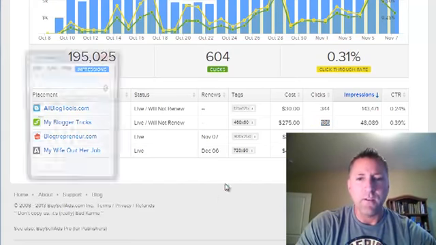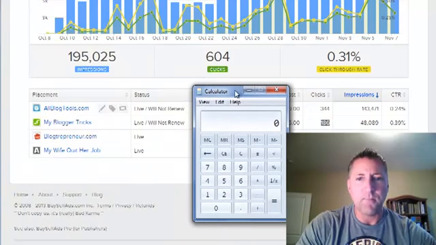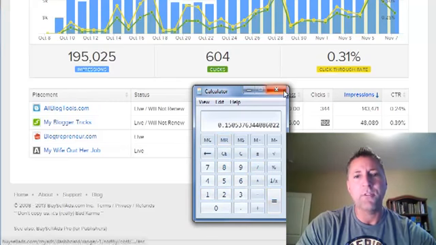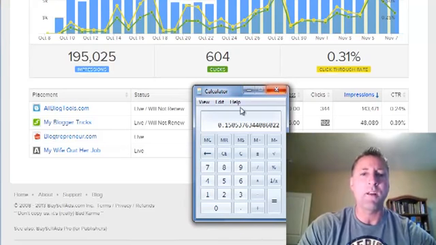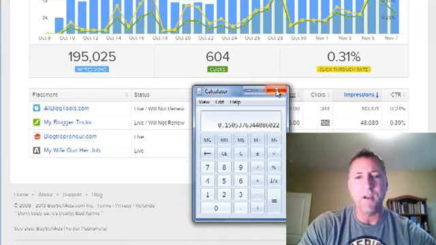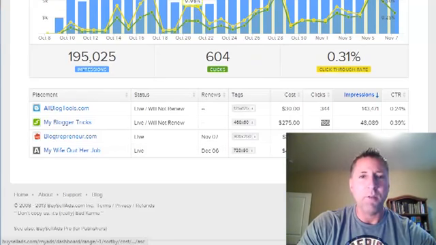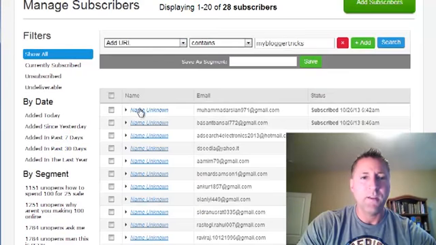So you can easily figure out the opt-in conversion rate by just taking 28 divided by 186, and we're at a 15% opt-in, which is not bad for banner advertising. It's not great if you're doing other types of advertising, but for banners, it's not bad.